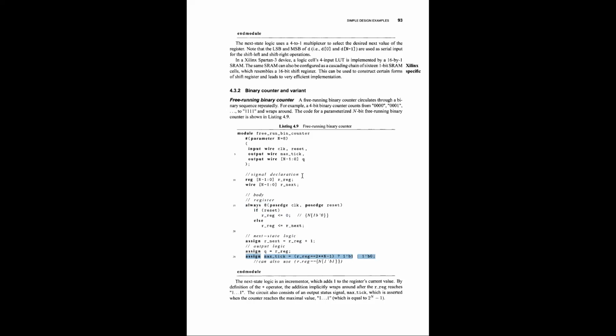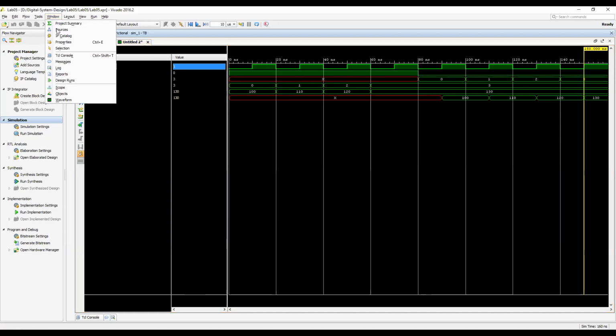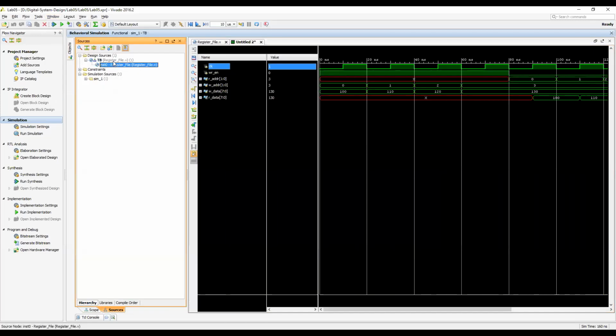Why am I writing this code? Because the code is very simple. I'm writing this code just to explain to you the test bench, how to design a test bench for a sequential circuit. Okay, so this is the circuit. Let's remember it, and then go to share screen, go to Vivado, and do this code.